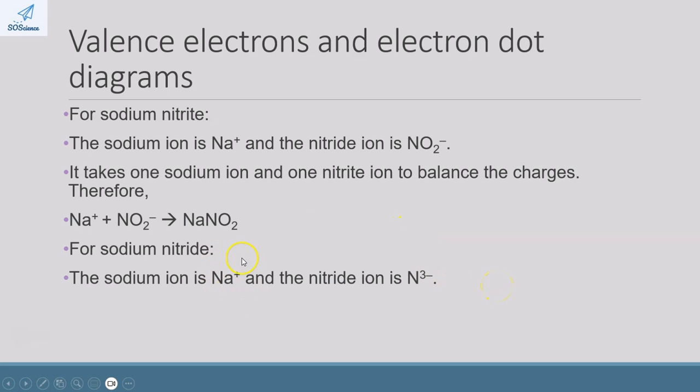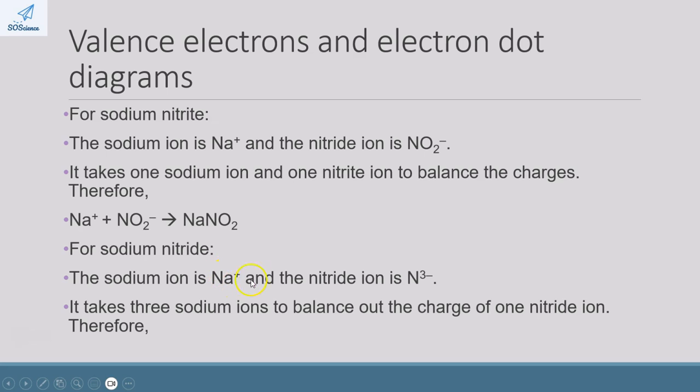Now, in this case, we've got an Na+ and we've got an N3-. So sodium wants to give away one electron, but nitrogen needs to gain 3 electrons. So we can't just have one sodium atom to try balance out a nitride ion. So in this case, we need 3 of these ions in order to balance out the charge of one ion